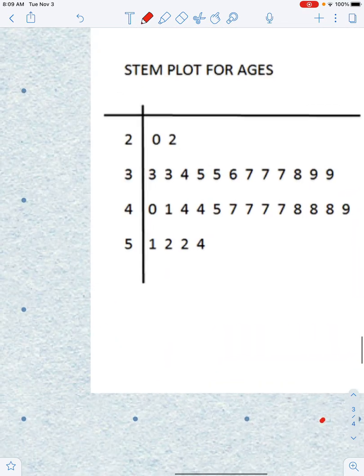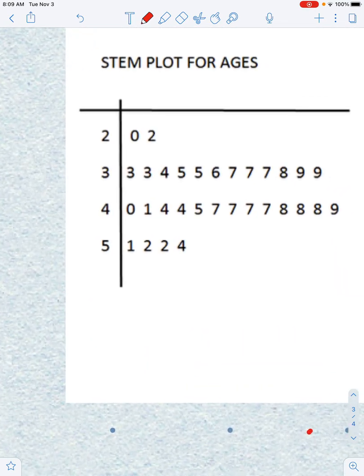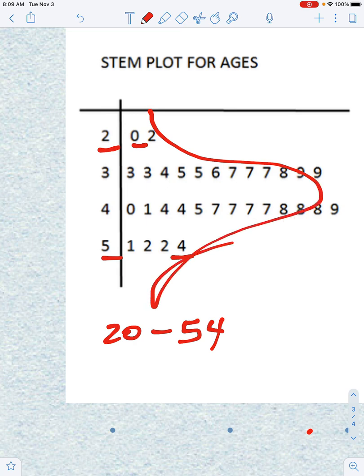So here is a stem and leaf plot showing you ages of people, 20 up to 54. And this data looks pretty centered, yeah? Notice how we have a large grouping in the 30s and the 40s. And this is one way to present the data. But if we create a split stem and leaf graph, we see actually some more information that we don't see in